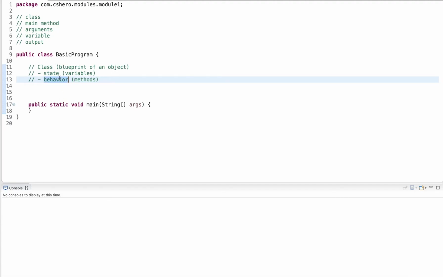And typically this behavior operates and modifies the state. So initially the car's speed is 0, but then if we call the method to accelerate, the speed will increase. If we call a method to turn on the lights, the lights will go on. So we always have state and the behavior modifies the state.